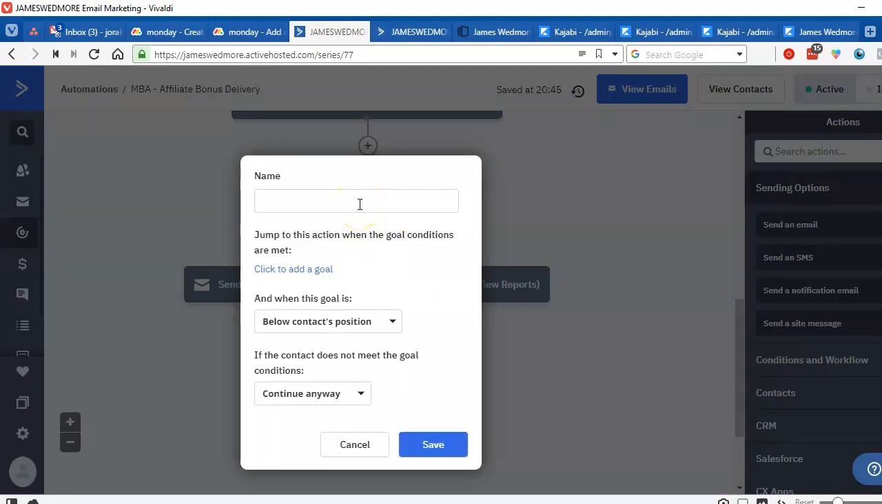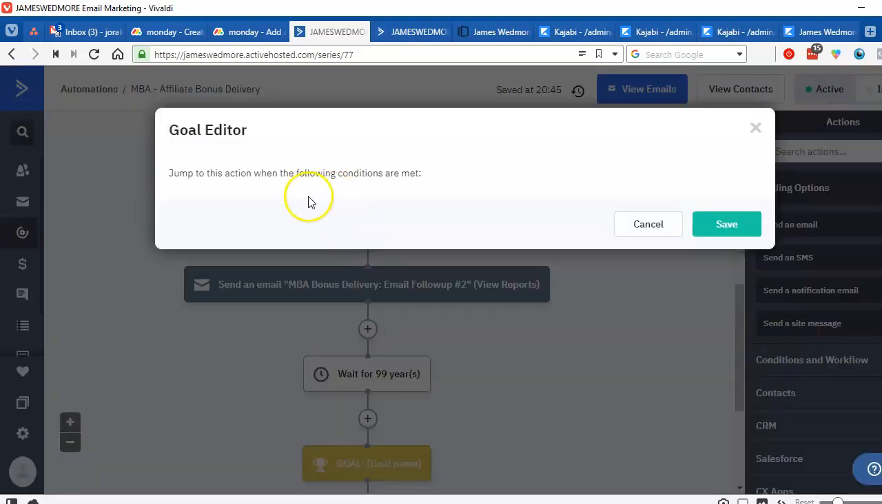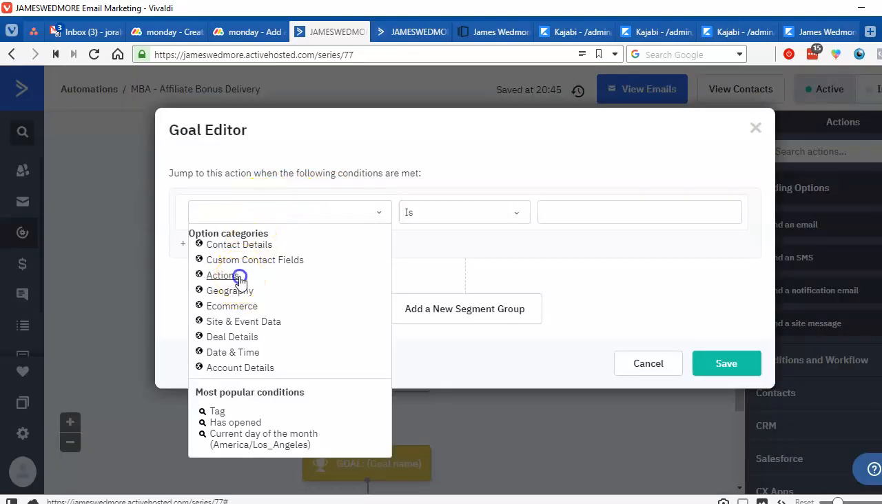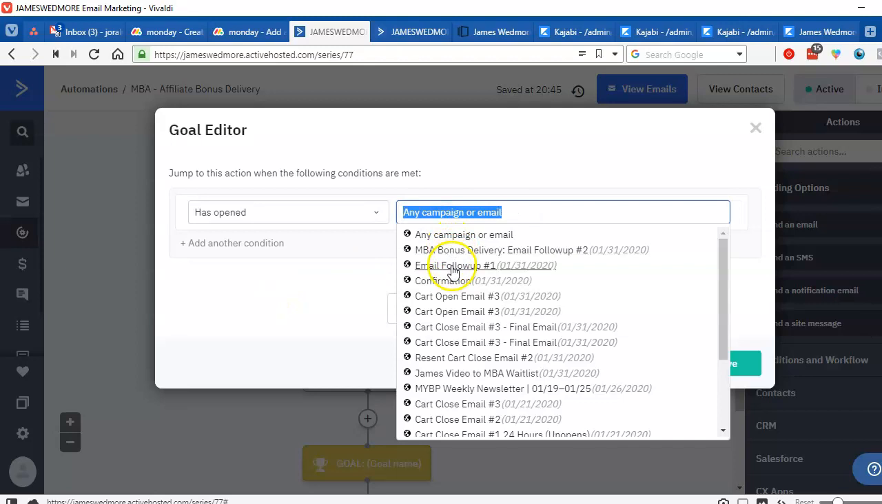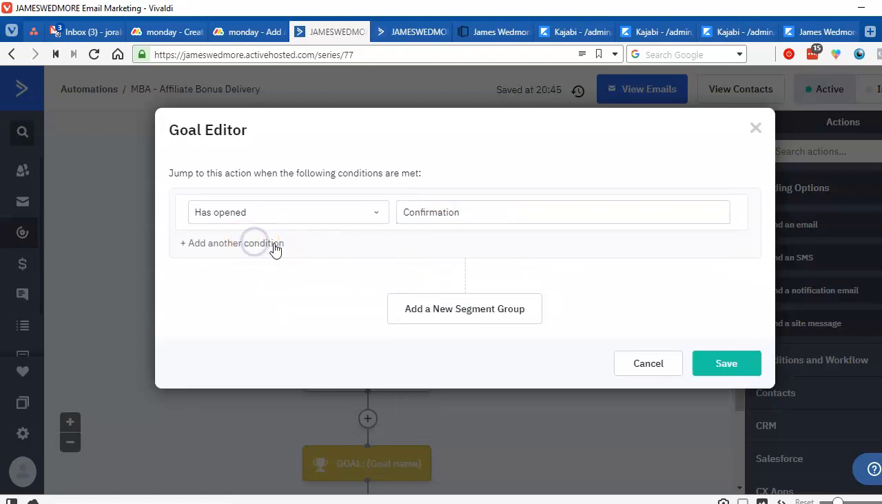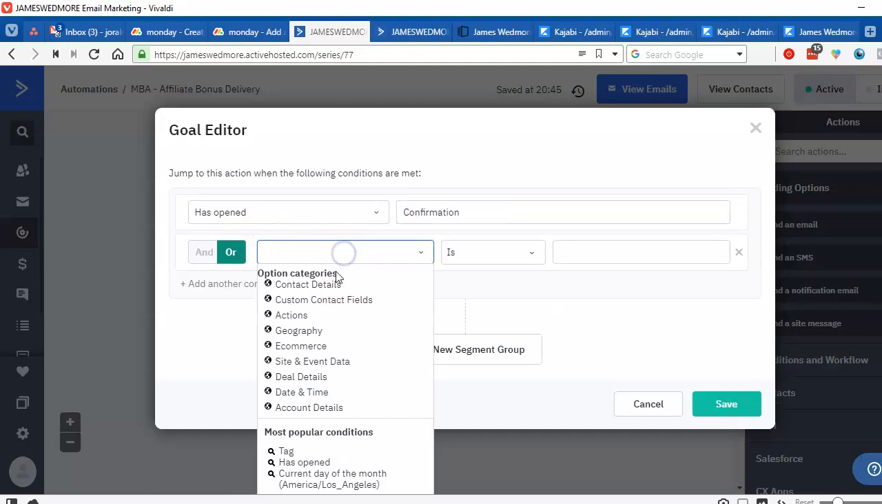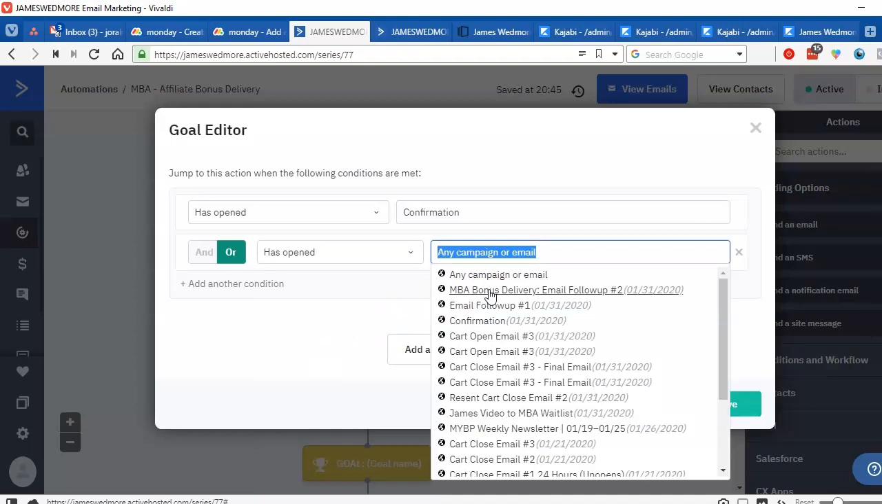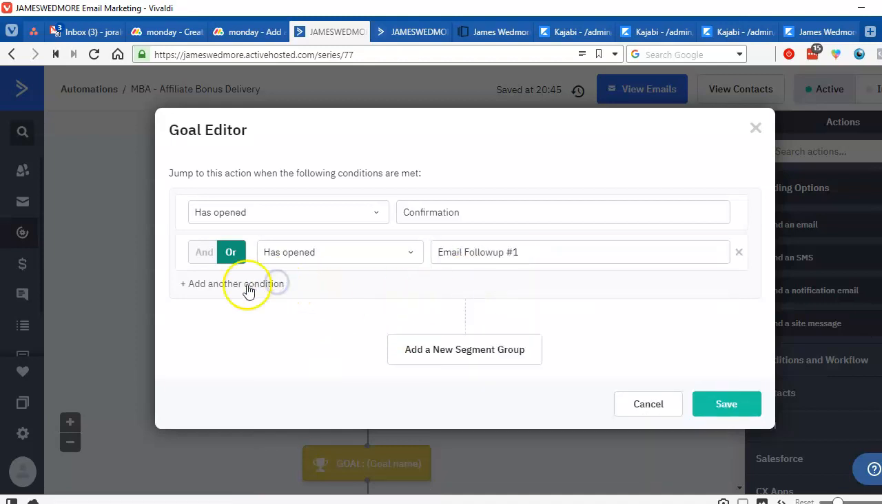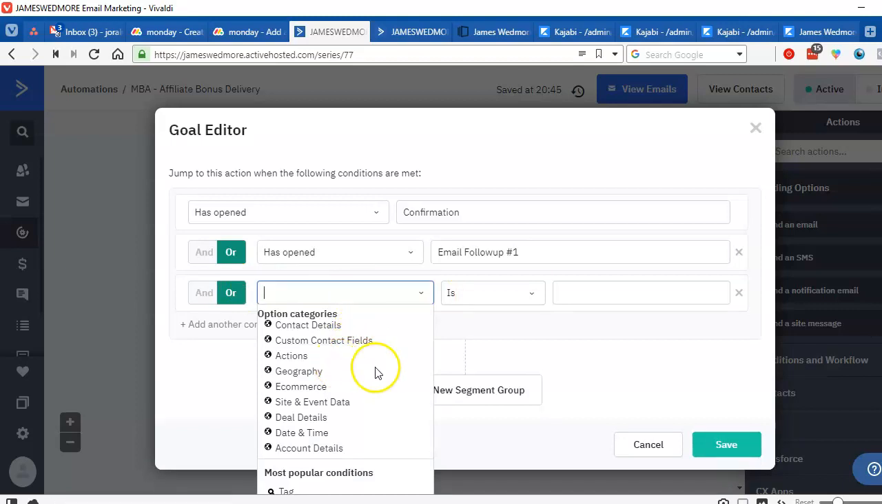So we have to make sure that they have opened the confirmation. They have opened the confirmation and follow-up emails. Ito po yung gagawin natin. So click the goal to add a goal. So ito po yung gagawin natin is to make sure that they have opened the confirmation, and also they have also opened the MBA follow-up number 1, or they also opened